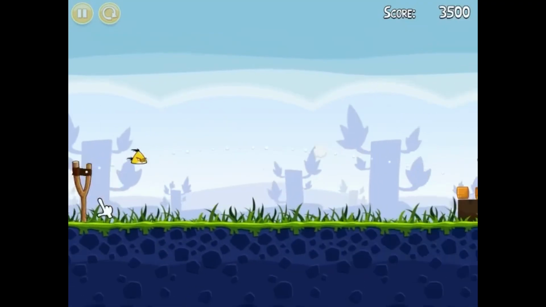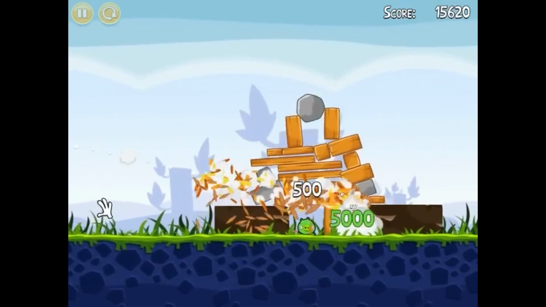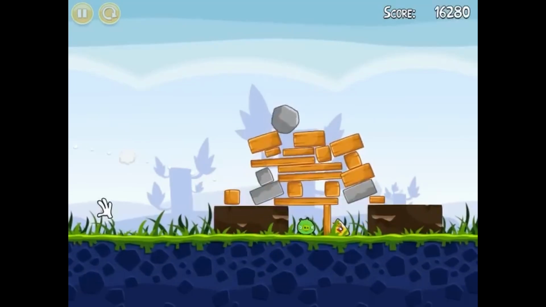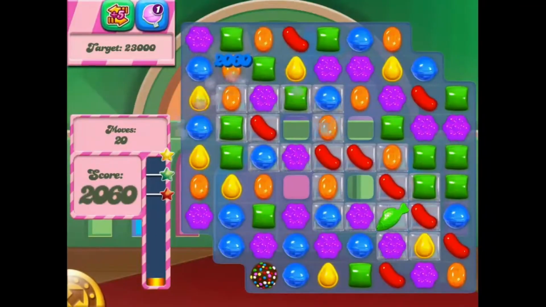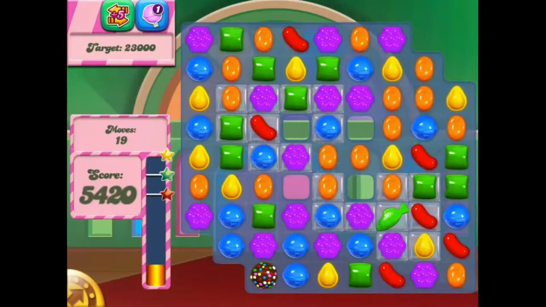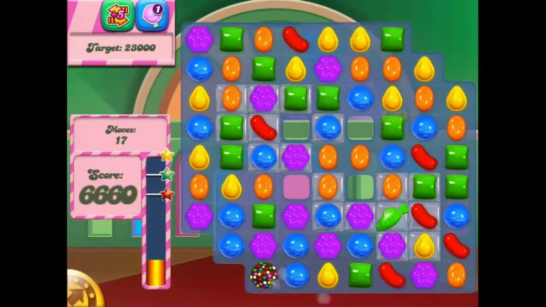Now here's the part that actually explains this whole video, because free-to-play isn't one model, it's two, and the game you were playing decided which one you got stuck with. The first path is the in-app purchase path, which is the Clash of Clans and Candy Crush path. These games are built so a small number of players can spend a genuinely large amount of money, and when I say small, I mean small.